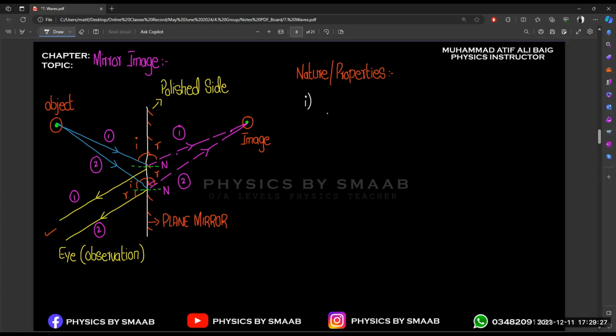Now there is a concept of real image and virtual image, right? A real image means you are getting the exact same copy picture of the object on any reflecting surface. And according to the ray diagram, what do you think about this image from the plane mirror? Will this image be real or virtual? Virtual. Yes, so we write virtual image.